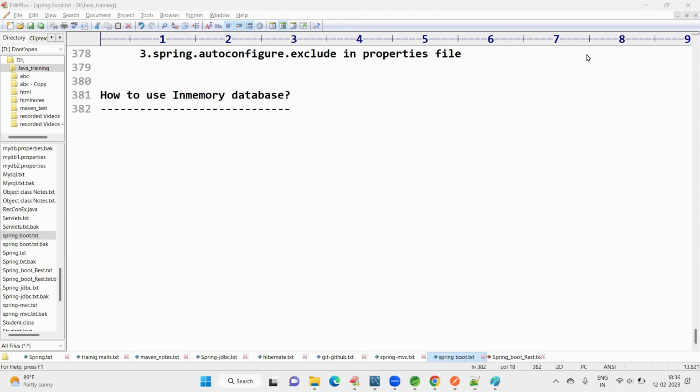Okay, so what is an in-memory database? When to use an in-memory database? I want to do some practice on the database side. The thing here is I don't want to install a database into my system or cloud anywhere. Still, I want to do some practice on the database side, maybe connecting Spring Boot to a database, connecting JDBC to a database. For that purpose,